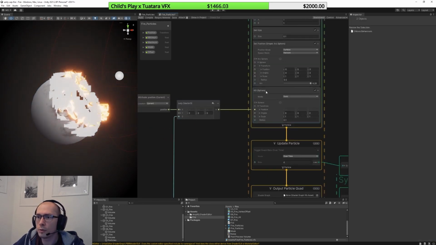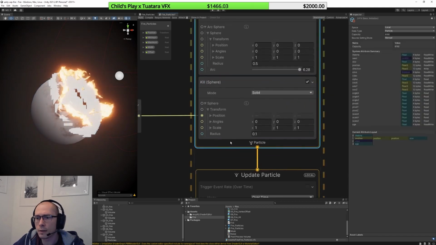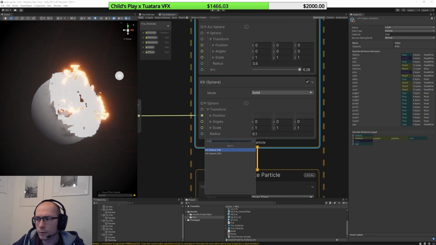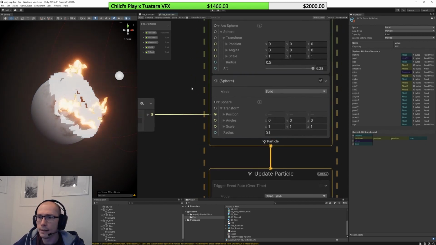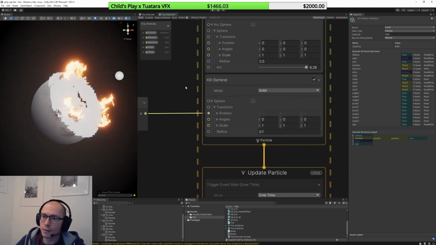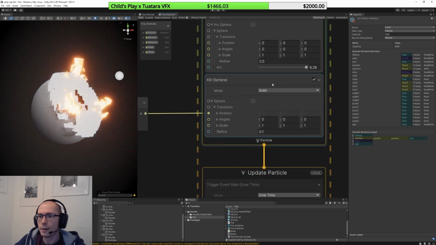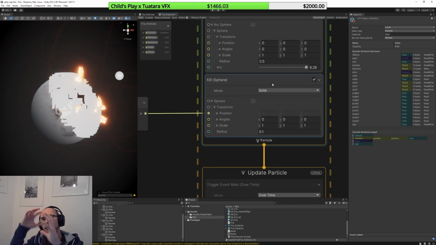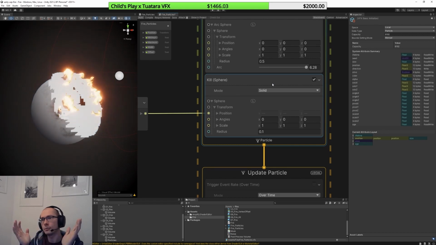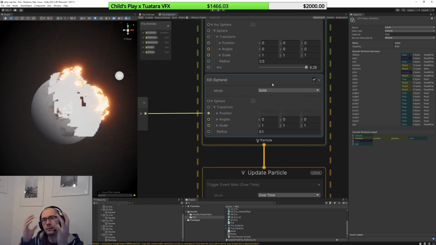So what does the kill sphere do? You can also use a box. The kill sphere works like this: you put a sphere, and any particle that is in that sphere area is